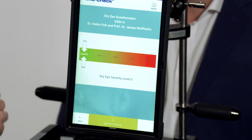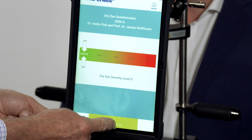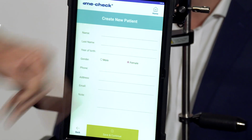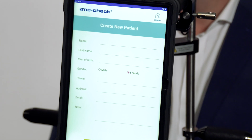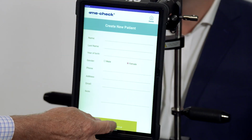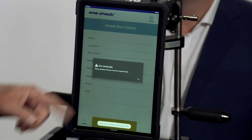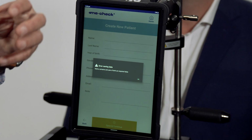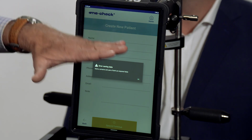So once we've collected the meibography and we've collected the OSDI score, now what we can do is we can incorporate this into a patient's record. So if we hit save and continue, this allows us either to create a new patient record if he's new, or if he had been an existing patient, his demographics would already be here, and we would hit save and continue. And then right now where it says error saving data, we don't have an internet connection to this tablet